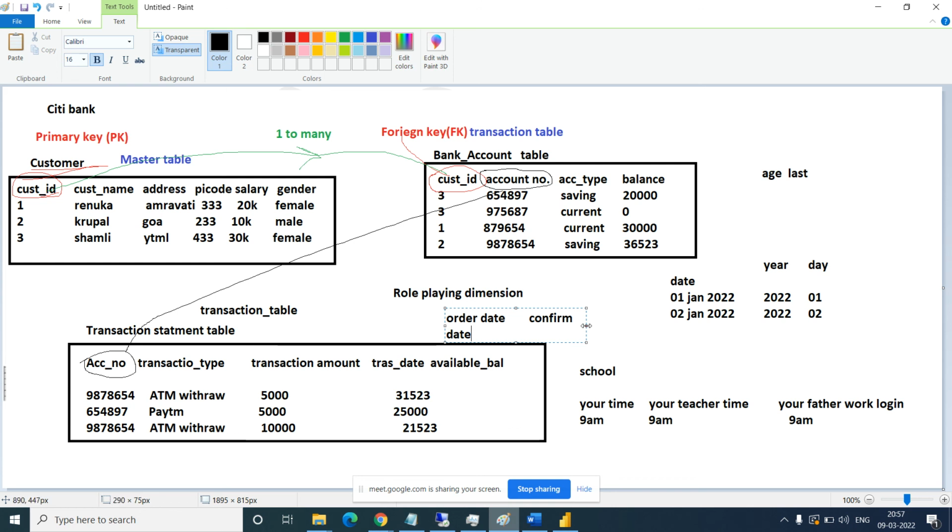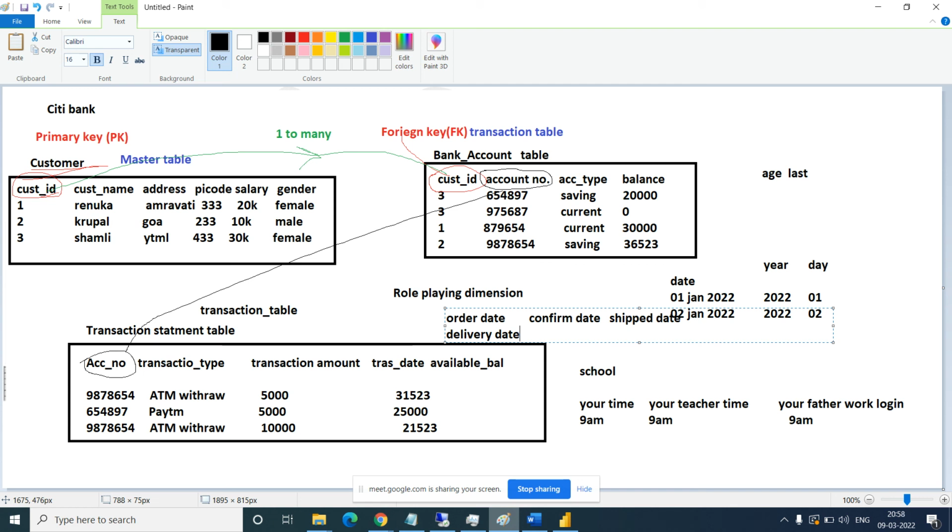Then there is a ship date. If you order something, you know, right? Then there is a ship date, and then order date, confirm date, ship date. Then what will be the date? Then delivery date. Delivery date means the date field dimension which is role playing into multiple things, right?